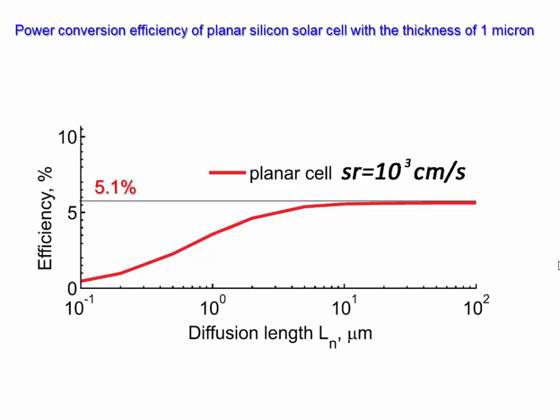This is the result of the simulation of the power conversion efficiency of a planar silicon solar cell with a thickness of 1 micron, with uniform surface recombination of 10^3 centimeters per second, depending on the diffusion length. We see here that for diffusion length more than 10 microns, it saturates